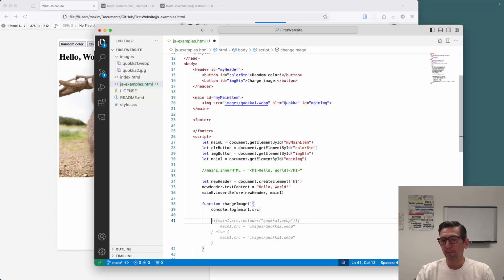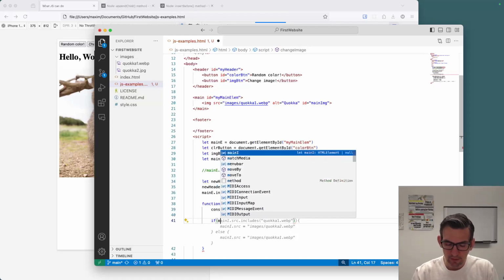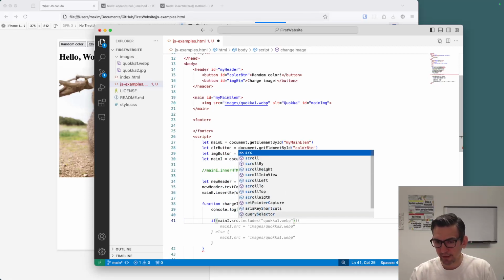So the first thing is going to be the introduction to if statements. So we have a condition here, and so we're going to start talking about conditionals. So if the source of my image is one thing, do X. So if mainI.src,